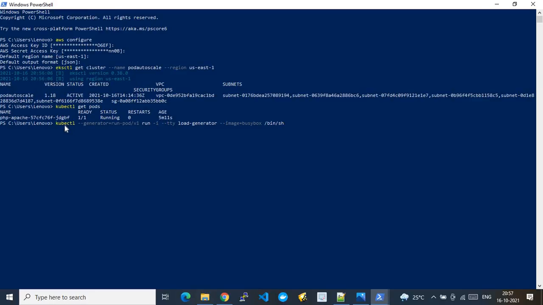So here, what I'm doing is kubectl run, in the sense I'm just getting inside a pod and running a load generator image, BusyBox, right? And by this configuration, I'm just logging into a pod, and by staying inside the pod, I'm running something like a resource crunch operation, so that the resource crunch can happen, and simultaneously it will invoke our HPA, that is horizontal pod autoscaling, to autoscale the pods. Okay, because there is already a resource crunch operation going on. So it will just get that pod access, and from there we have to run the command.